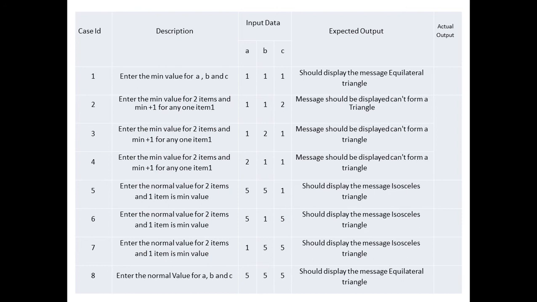So since we have 5 values, that is minimum, minimum plus 1, nominal, max minus 1 and maximum value, we need to find out all possible combinations of these 5 values, and we need to check for the output. Once you execute the program, check whether program is correctly working or not, give some input for A, B and C, and check for all the 4 types of outputs. If it is giving proper output, then come to the test cases.